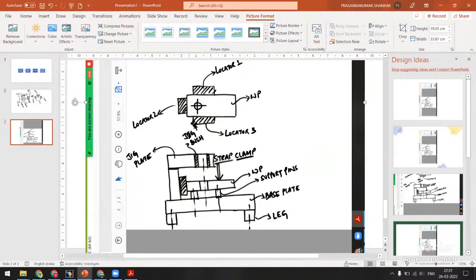So the locators are going to ensure the accuracy and precision on the component side. And then the drill bush is going to ensure that the technician is going to drill the hole accurately and precisely at the location as per the requirement. So this is the concept